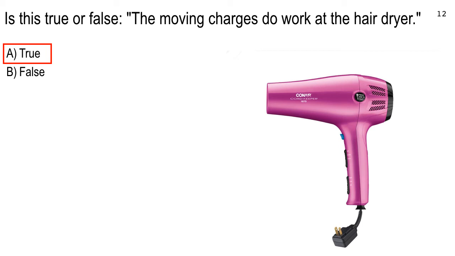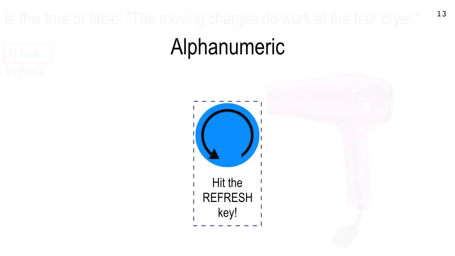All right. So the charges are going to move if you connect it in a circuit. And they cause that electric motor to do a little work. And the heat did a little bit of thermal work, heating up that stuff, a little delta Q. Yeah, so that's good. Now let's do some alphanumeric,